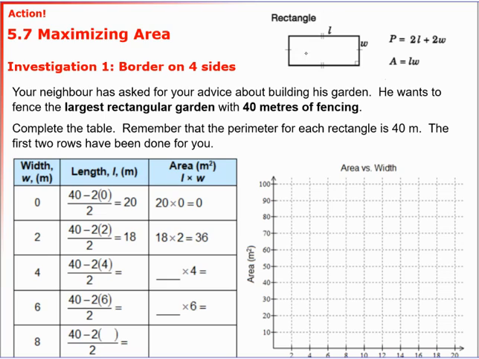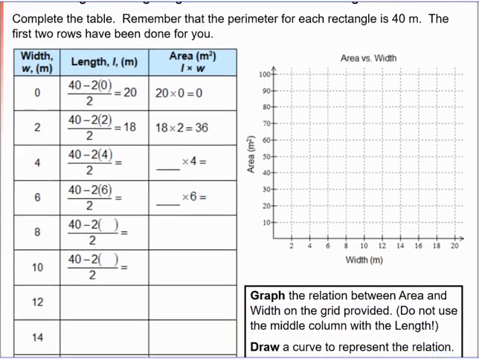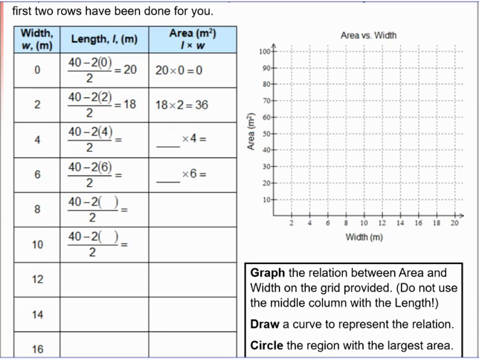Okay, so we need a reminder that this is one way to do perimeter over here, and one way to do area. And we already built this table so that it solves our problem easier. So we complete the table. Remember the perimeter for each rectangle has to stay at 40, and the first 2 rows are done for us. So what is this all going to do? So notice how this is built. We know that perimeter is 2 times its width. So here are our width values. If we put the width value into here,